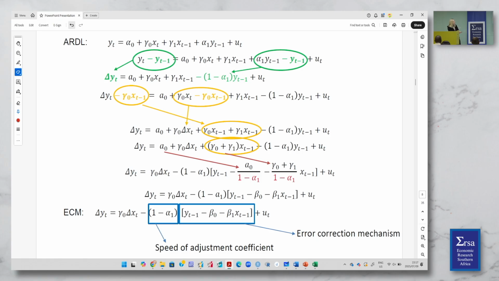And this, I don't know if I said it, we refer to that parameter as the speed of adjustment coefficient. And we want it to be negative in order to have this act as an error correction mechanism. So all of that is kind of things that you do know or not. Those of you that told me you know your steps, is that one of the steps that